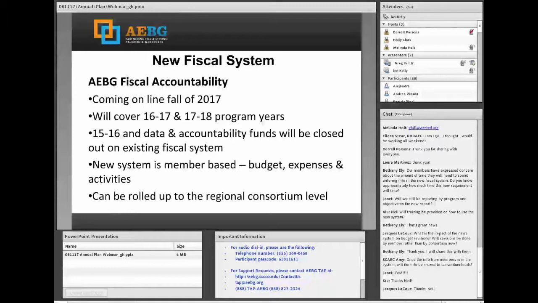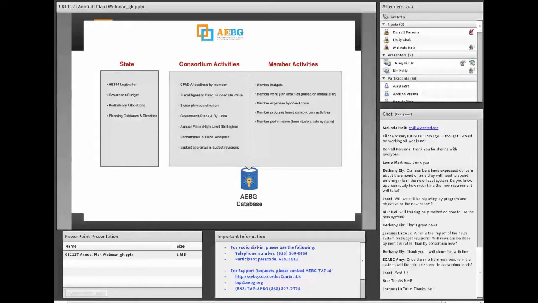I think I have one more slide on this. I mean, here's an infographic on it. But I want to just make sure that we're not putting more work on you. We're just making it easier to find out what's happening with the money.